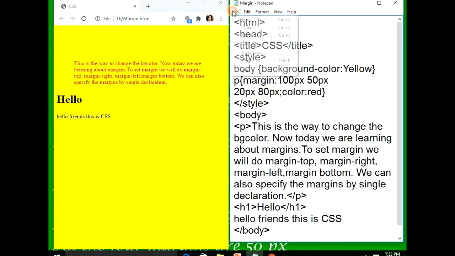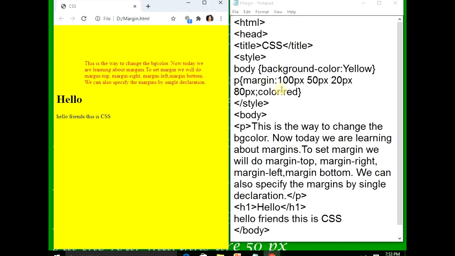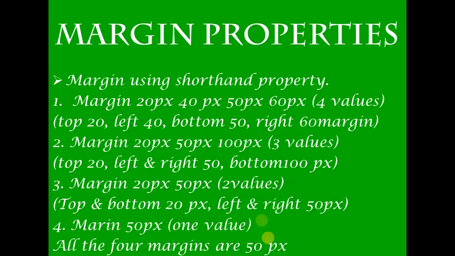Let's see. File, save, refresh. Now 100 pixels, 50 pixels, 20 pixels, and 80 pixels. Are you able to see? So this is the way by which we can define the margin in a shorthand manner.